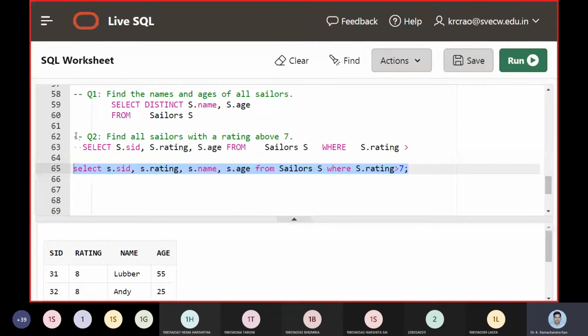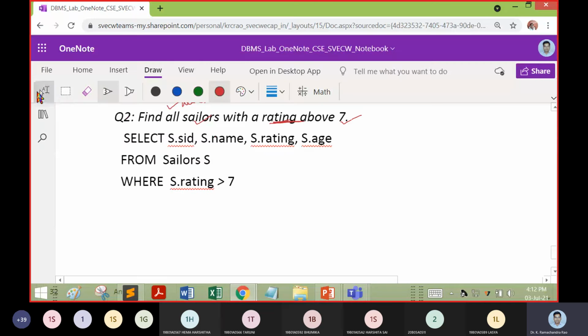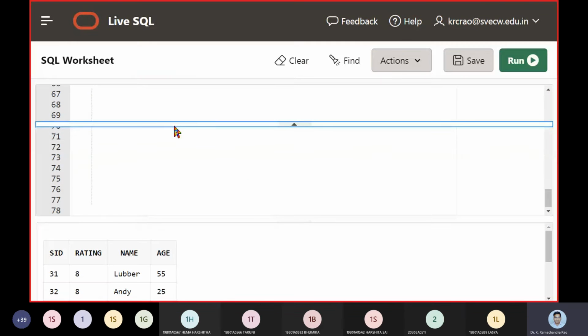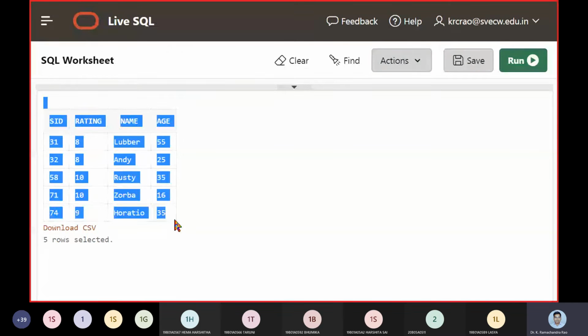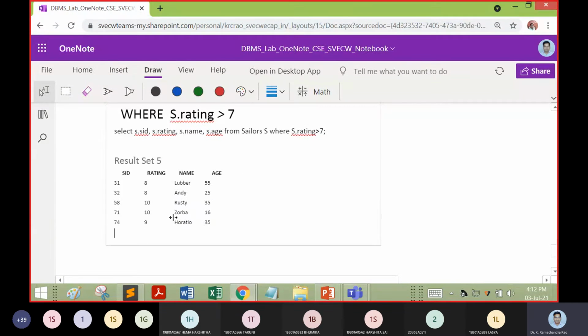Maybe there are characters we are unable to see because we directly copy-pasted from the PPT, and maybe some special characters are included, which are not tracked at this point of time. So for that we are going to use this model. So select s dot sid, rating, etc. Now you can see this query in this form, and you can put the query here. How many rows are we expecting? We are expecting 5 rows. So all the 5 rows are given as the answer for the second query.